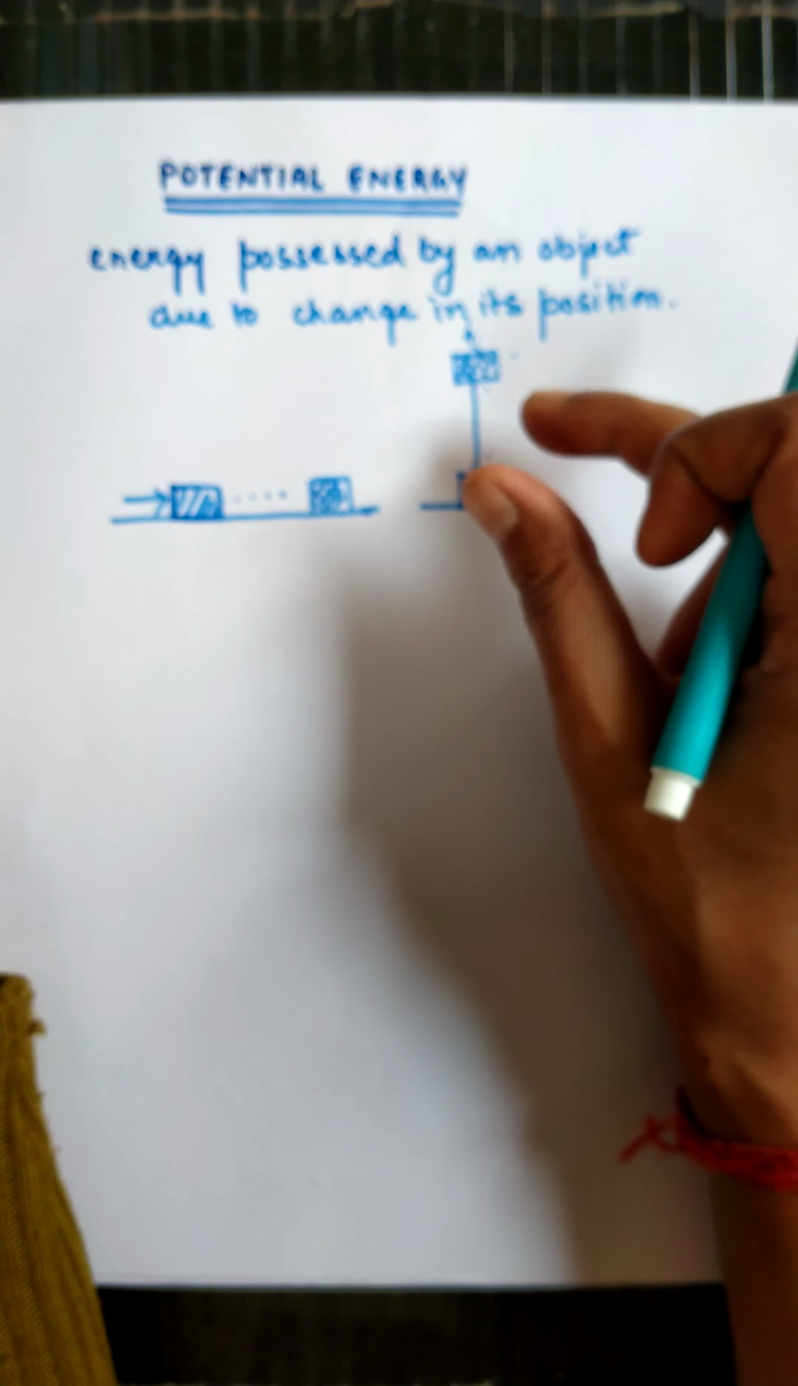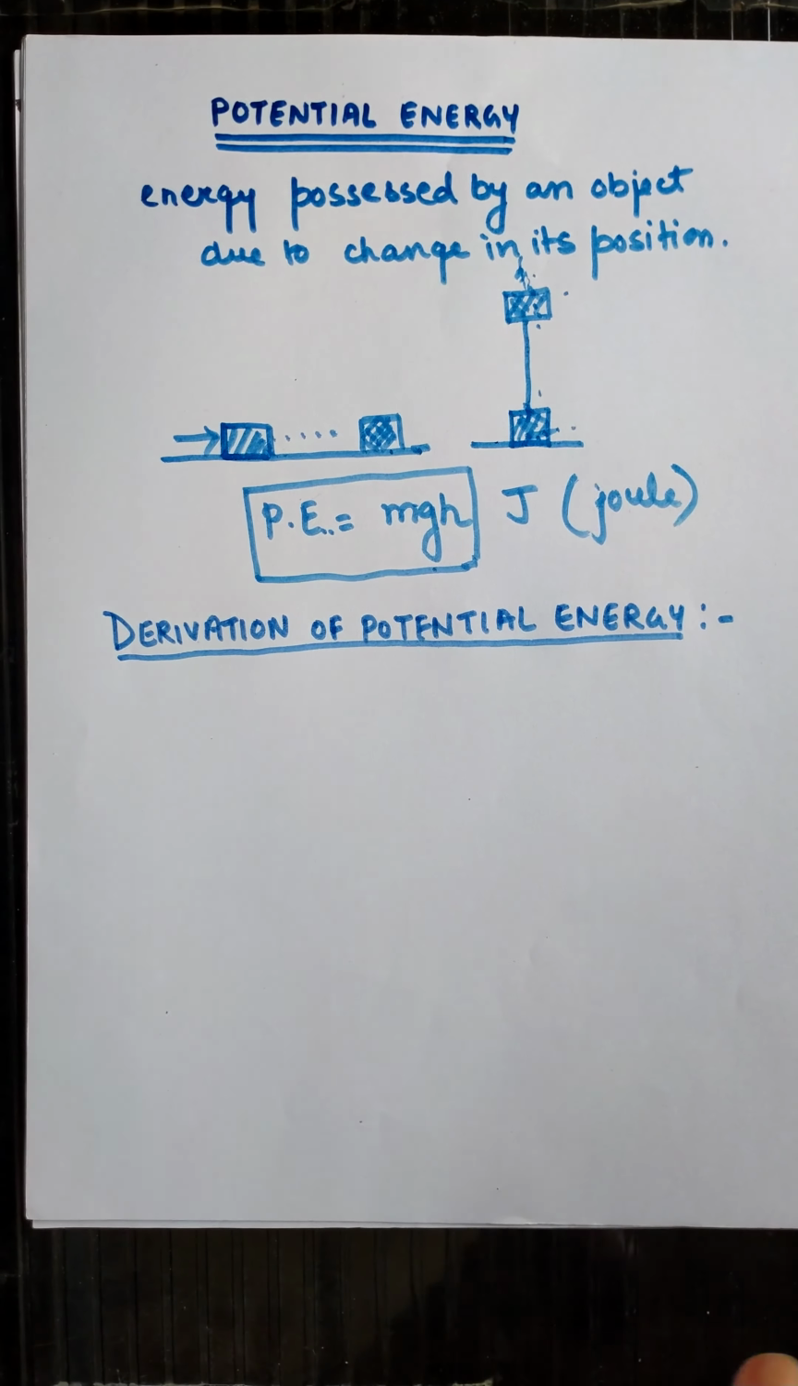Derivation of potential energy. What is derivation? Derivation means how this formula comes. So how can we get the formula of potential energy? Students, to derive the expression, you know very well that if an object is